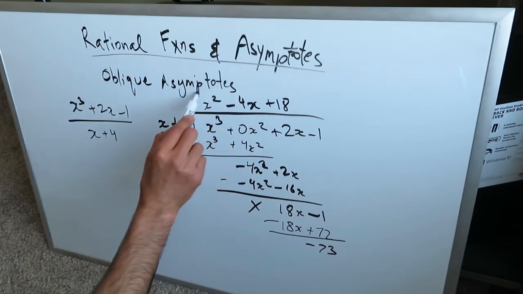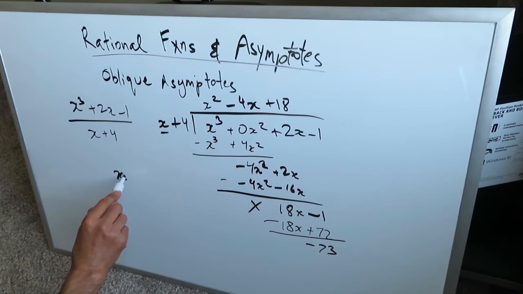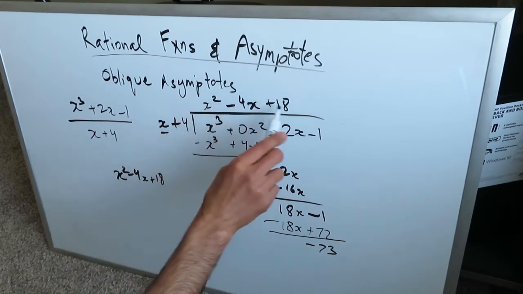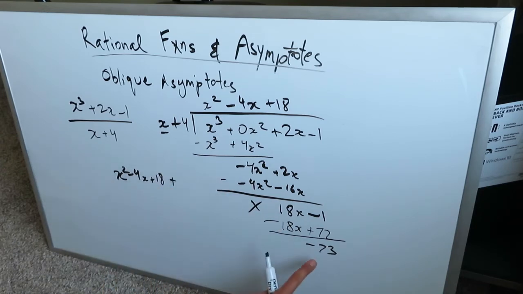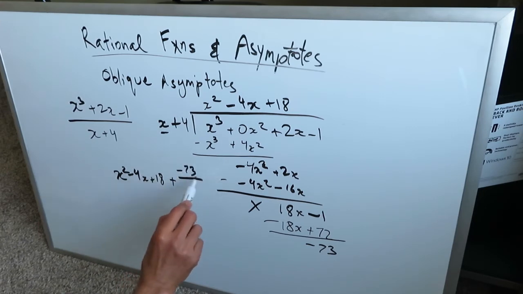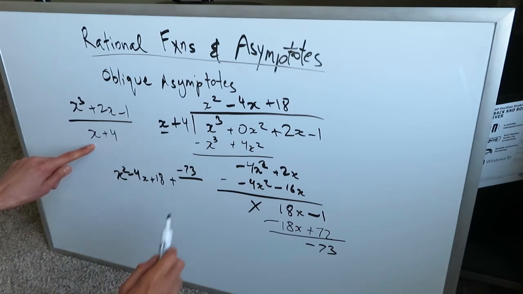You're going to write what you have here on the top because that actually is your answer. Then you'll write a remainder if there is. My answer is this: x squared minus 4x plus 18. And put a plus sign because the remainder adds to all of this. Our remainder here is minus 73, over this item right here, which is your denominator item,